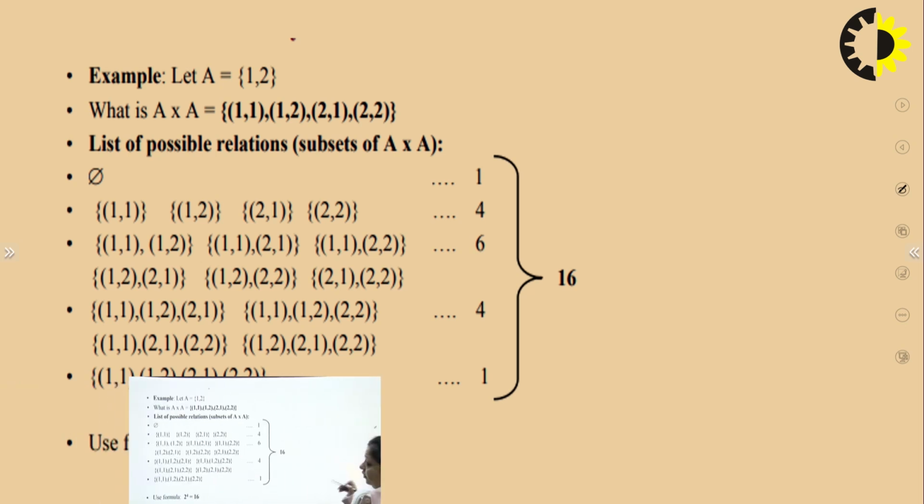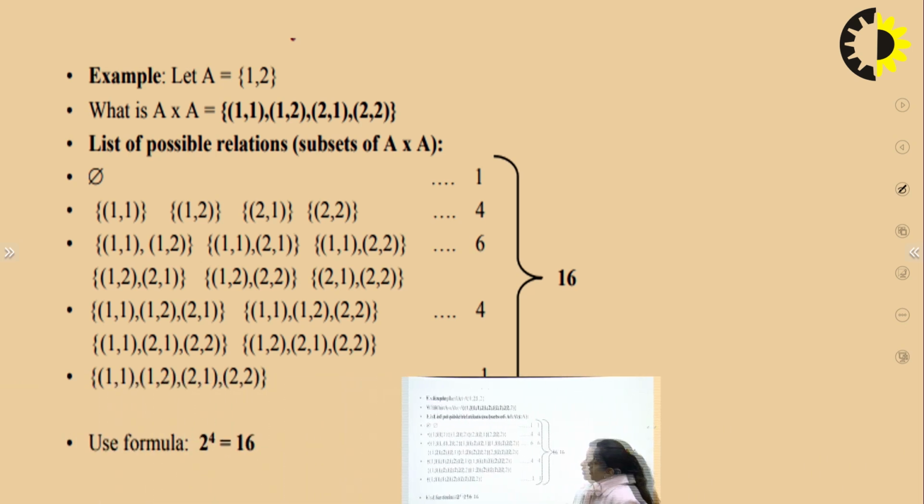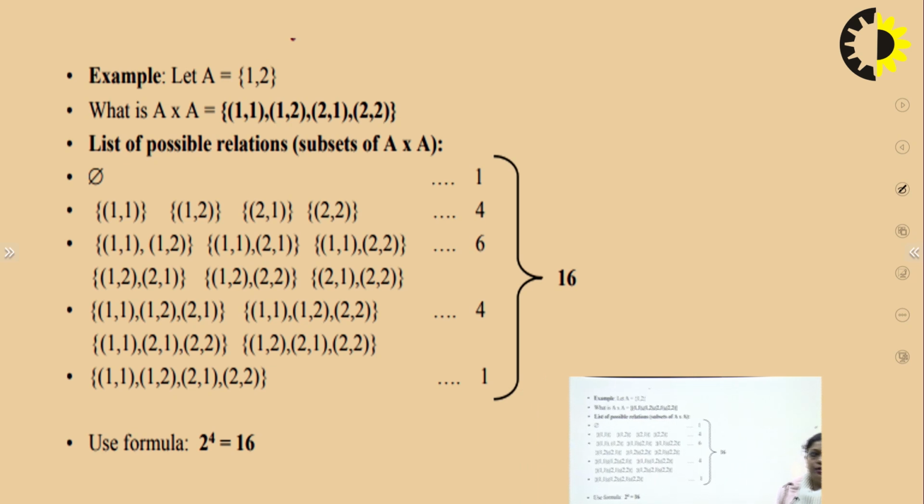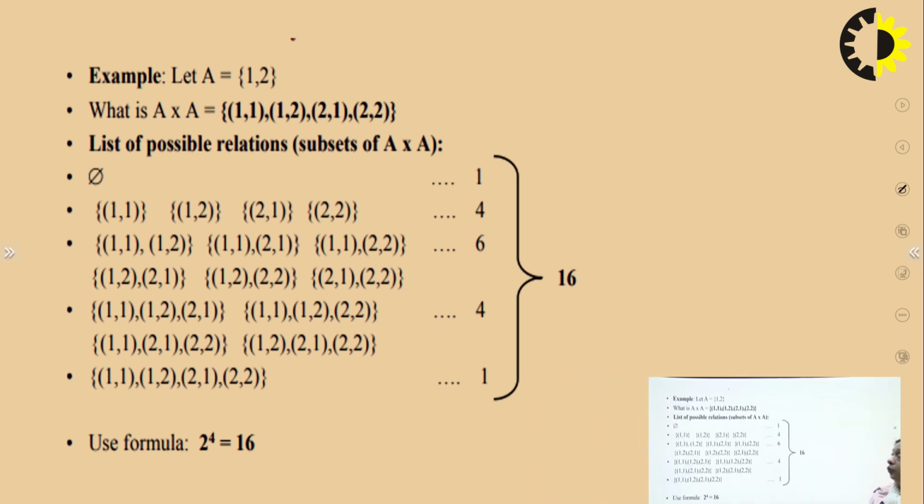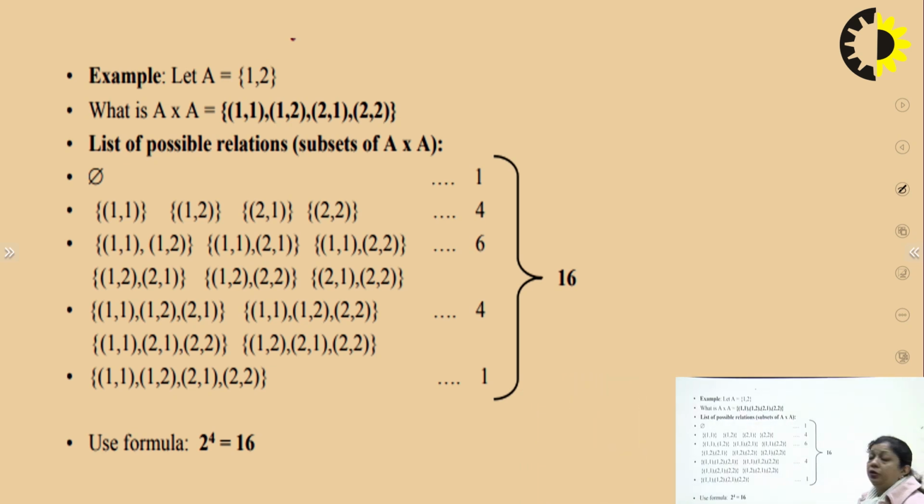This has even been shown with the example. Now let us take a very simple example where a set A contains 1, 2, only 2 elements. Then what is going to be the A cross A for this? The A cross A will be (1, 1), (1, 2), (2, 1) and (2, 2). Now if with these 4 elements we try to list down all the possible relations, what all relations can be there? There can be a relation which doesn't contain any pair, so it is known as a phi relation.